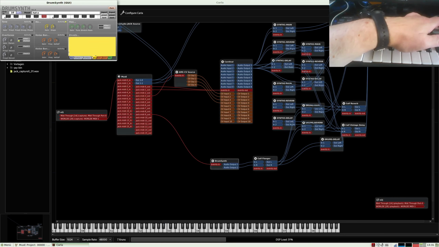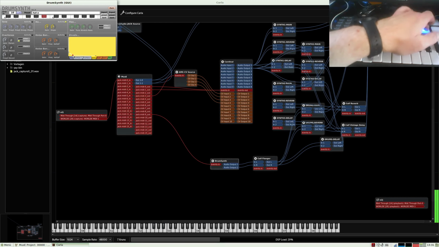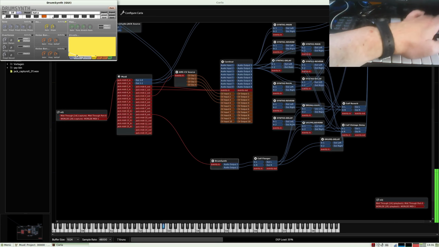It's here, and you can change it. You can change the gain of the noise here.